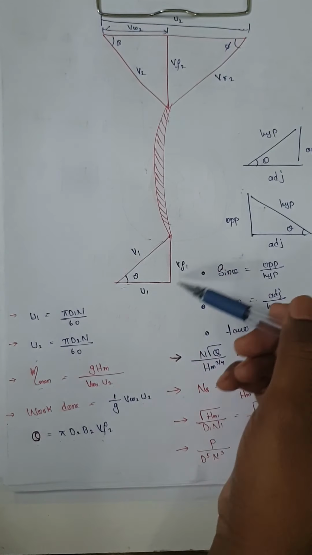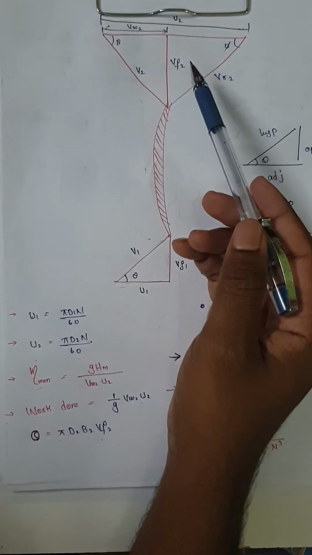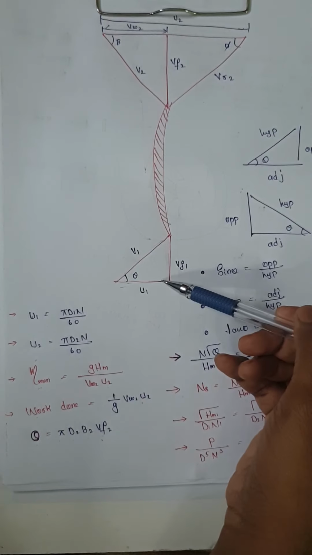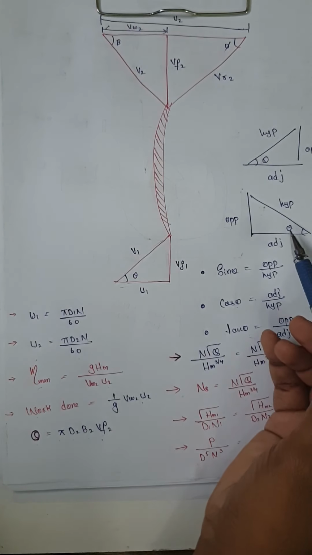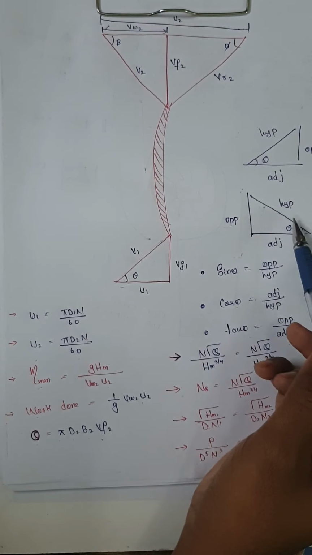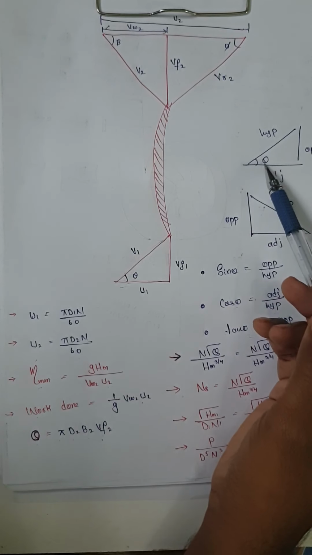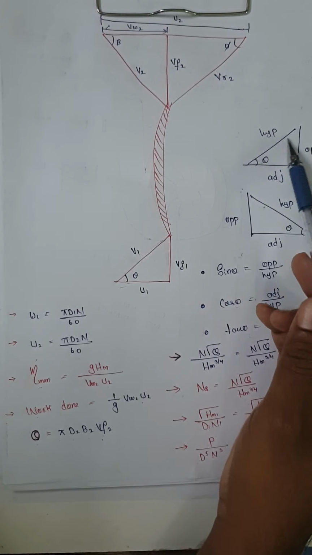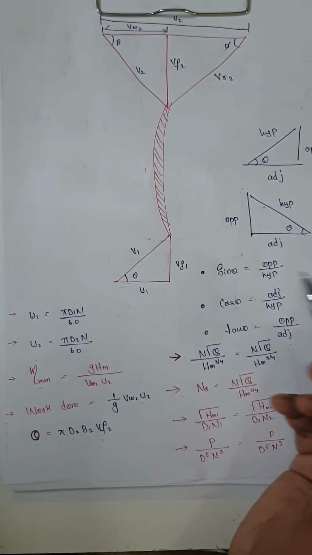Input is designated with the letters U1, V1 or Vf1 and theta, and the output is designated Vf2, Vr2. The indication will be 2 there, and for the input 1 will be there. You have to remember this small basic thing for trigonometry. If theta is here, opposite to that you have to consider as the opposite, the inclined one as the hypotenuse, and this one as the adjacent. If theta is on this side, the opposite side is the opposite, the inclined side is the hypotenuse, and this one is the adjacent. You know this very well.